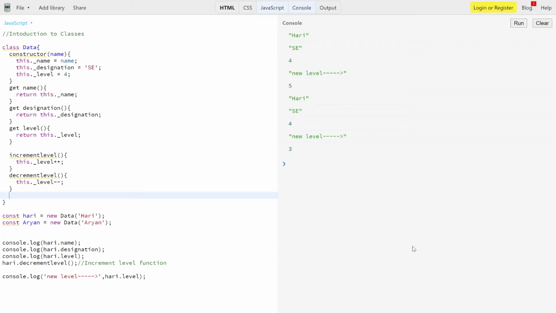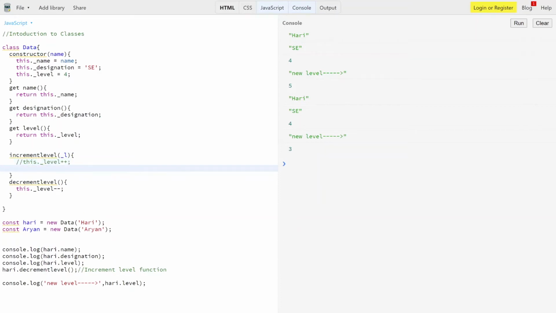You can also pass a value, say I want to pass how much to increment the level by, and I pass it in that way as underscore L. You can put it in this manner. So we have this.underscore level, and then we add it by underscore L, assigning it.